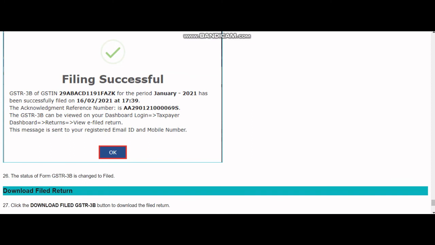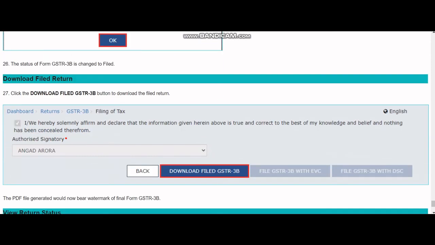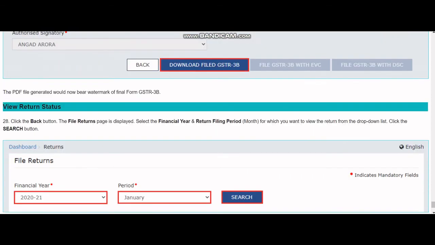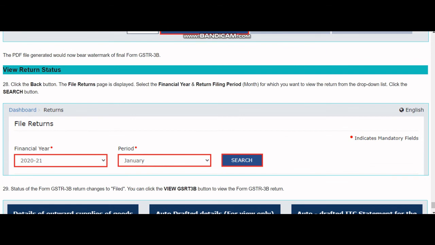So this is a very simple process, guys. You just have to follow some of the steps. You can check your details, and you can just file it. After filing, if you need to check what return has been filed, you can click on download filed GSTR3B. This is the way the GSTR3B form has been modified, where all values will be auto-populated. The system has given provision to enter the details according to you, and then again preview it, then again file it. So this is a very simple and very good way of filing the return.